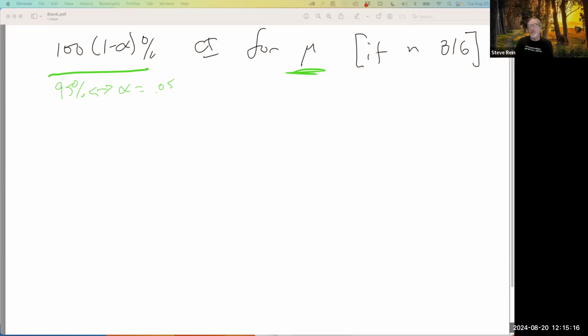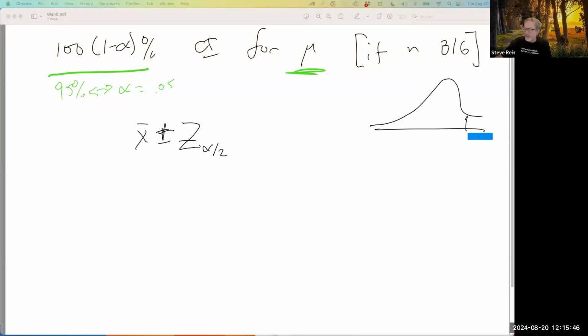And the confidence level is, if you will, the long run rate of success when you're using this method in an appropriate situation. The confidence interval is just going to be X bar, the sample mean, that's your estimator for mu, plus or minus Z, and I'm going to note that Z alpha over 2. So the upper tail area would be just alpha over 2. Your way of maybe thinking about that is just in the upper tail, you've got alpha over 2 up there, above Z alpha over 2.